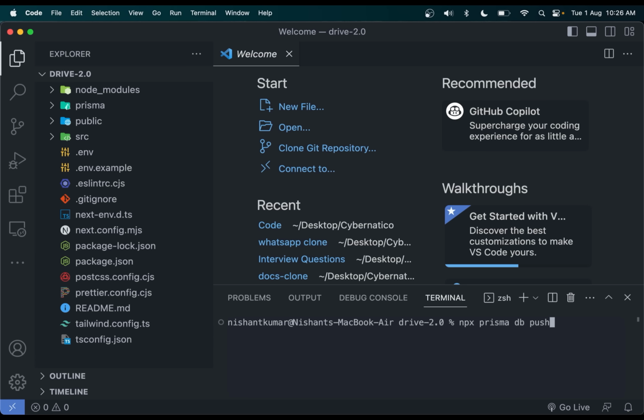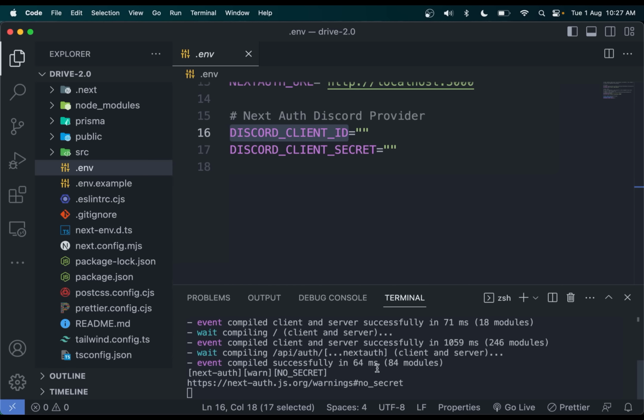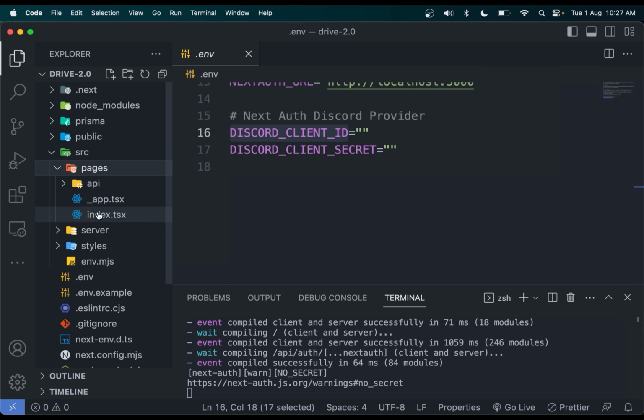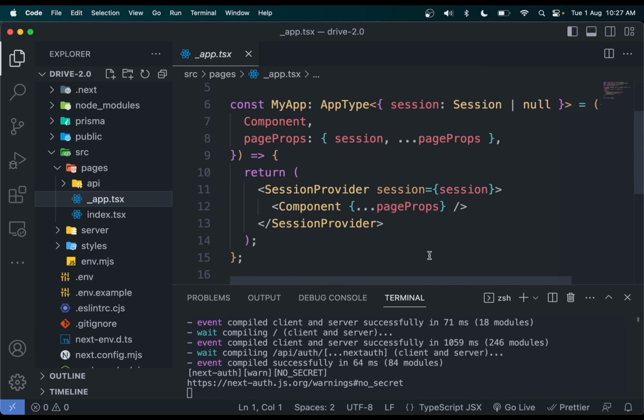Let me collapse this, and it is on localhost 3000. Let me open this. So we need to go to the env file, and here you will have Discord client ID and client secret. So we should have a sign up button, but it is not here. So I think what we can do is just go to source. Okay, this page is called pages app.tsx,